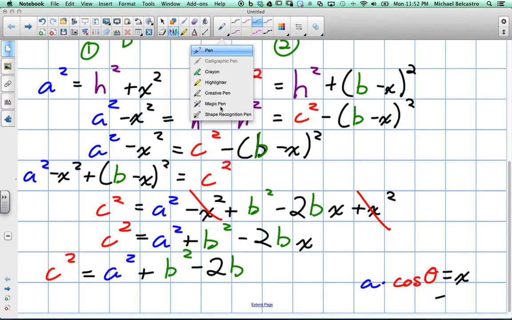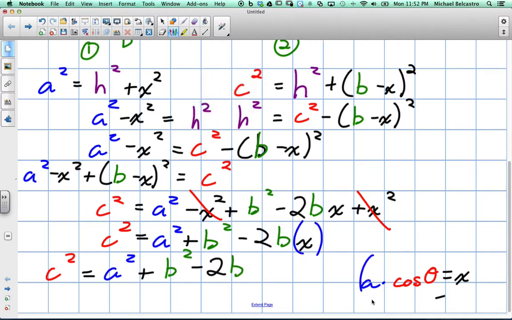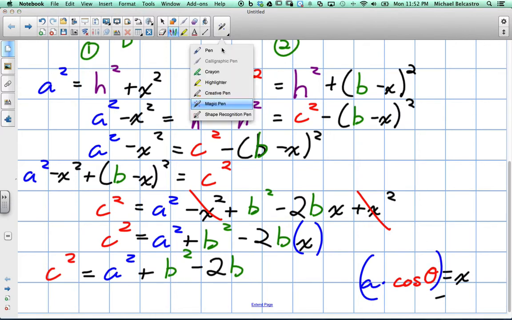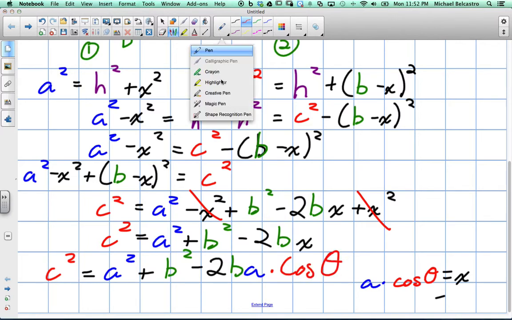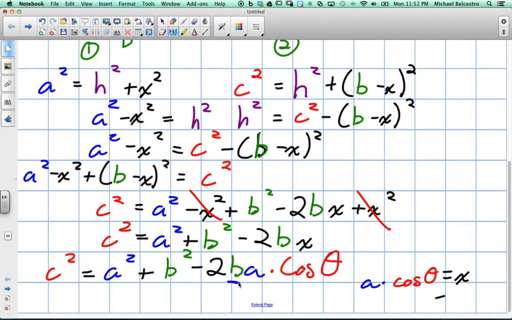We're going to replace our x value with our a times cos theta. So 2b times a times cos theta. And in our other formula above, the only thing we did was rearrange the a and b,